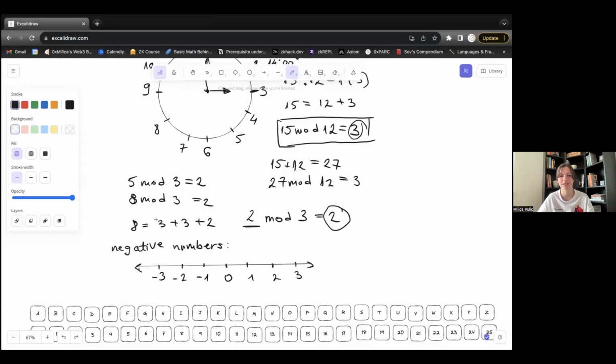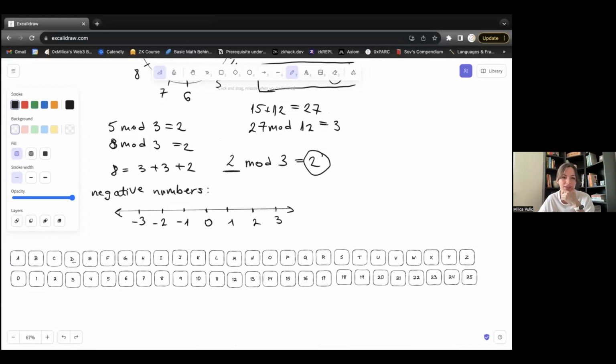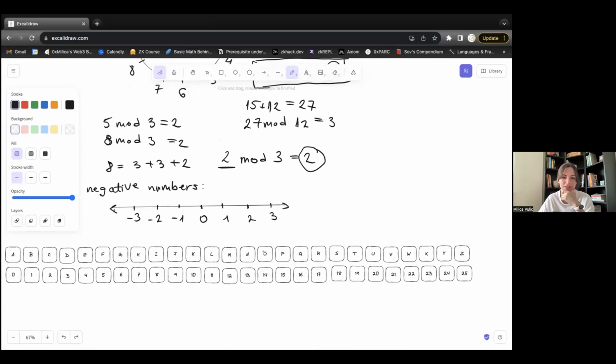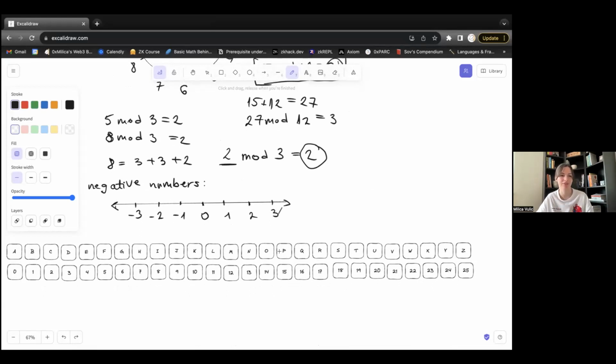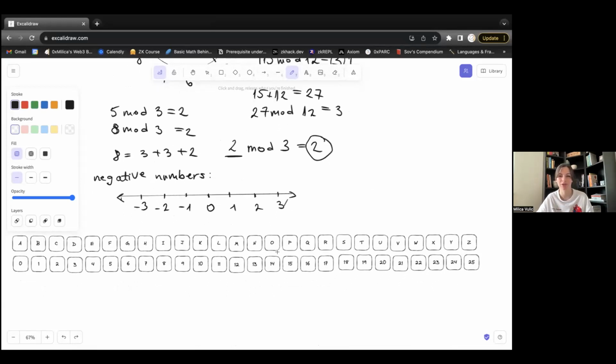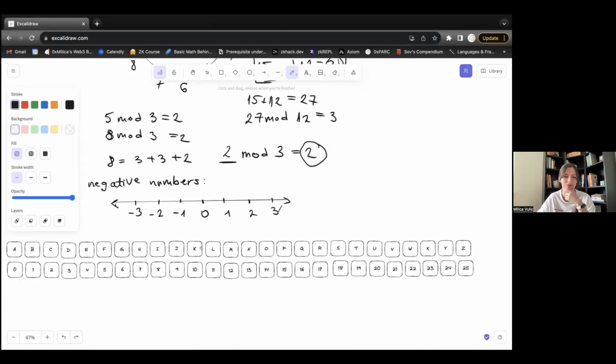So guys, let me know if you can see the alphabet here. Do you see the complete alphabet, or do you see a part of it? I can see a complete alphabet. Okay, because I'm seeing a part of it due to Zoom. But yeah, so